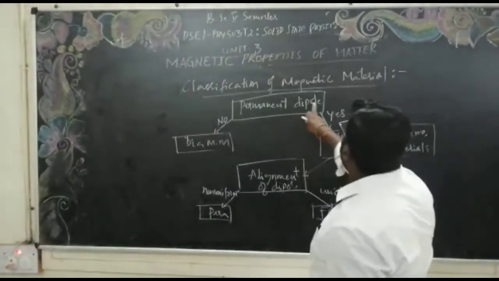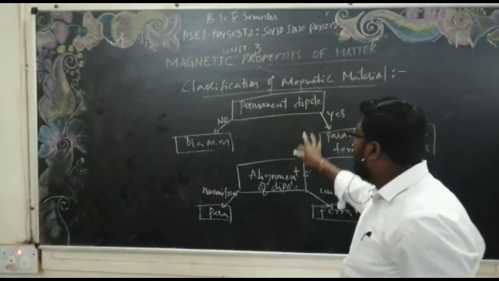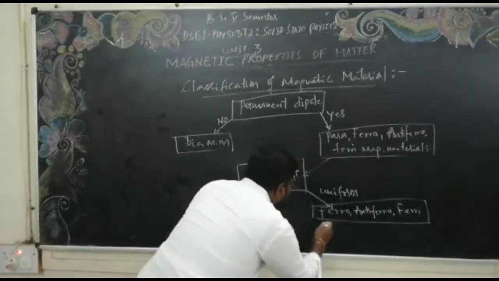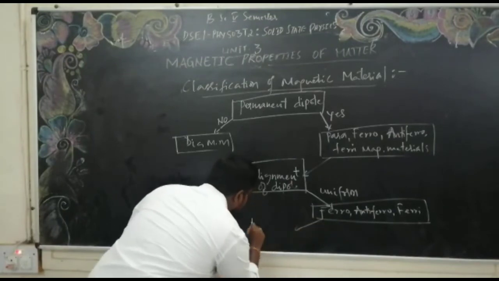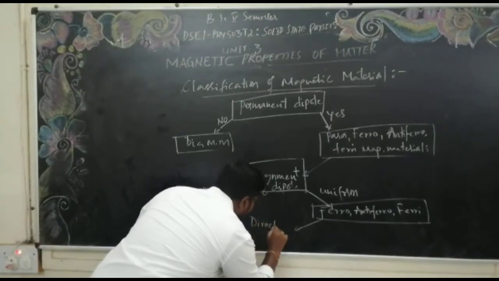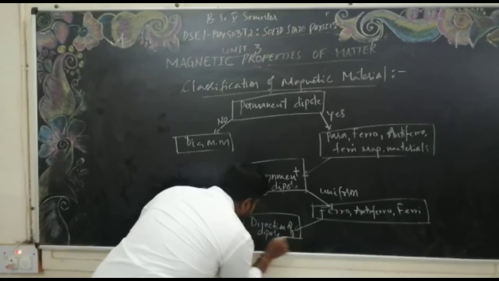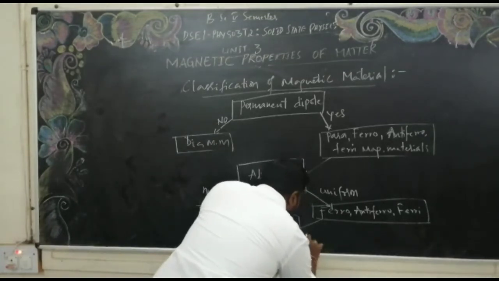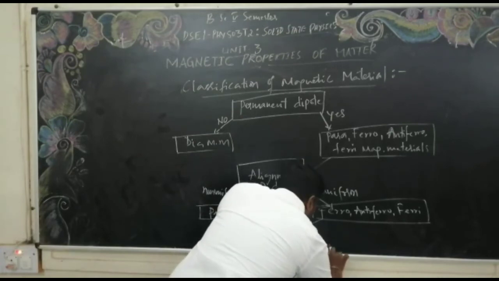If the material has a permanent dipole, is the alignment of the dipole uniform? What about the direction of the dipole? Whether the direction is the same or not. If the direction is opposite, in that case the materials are